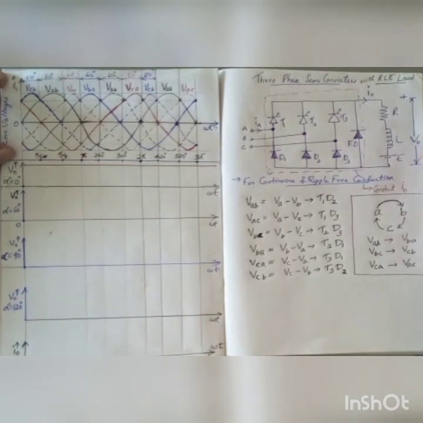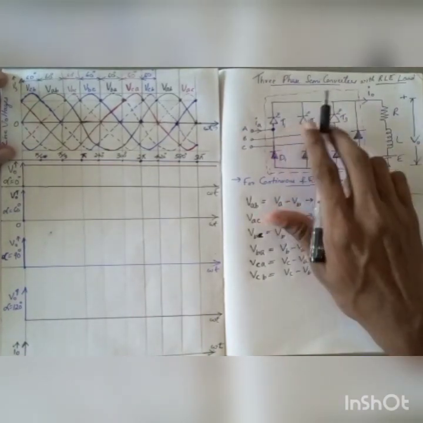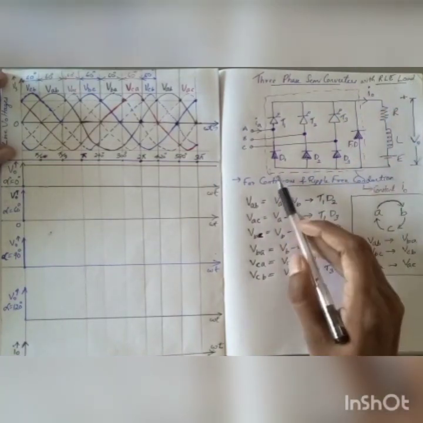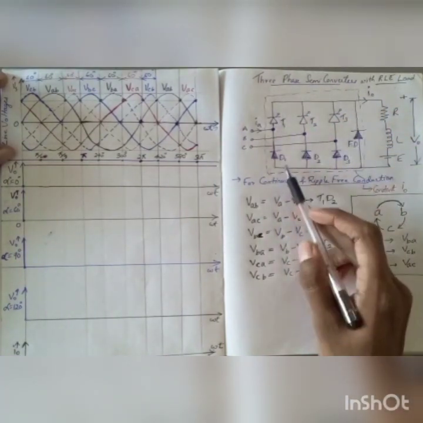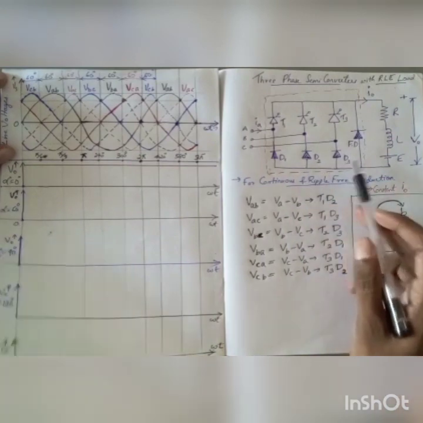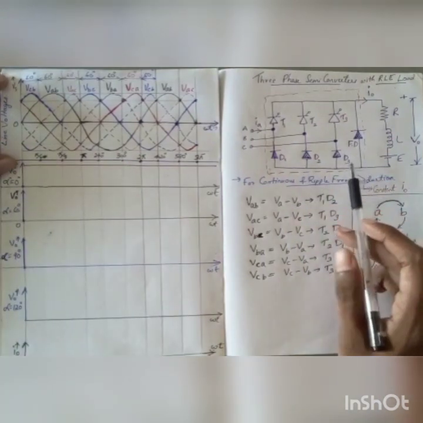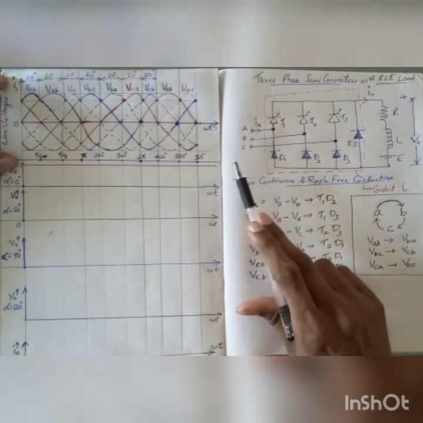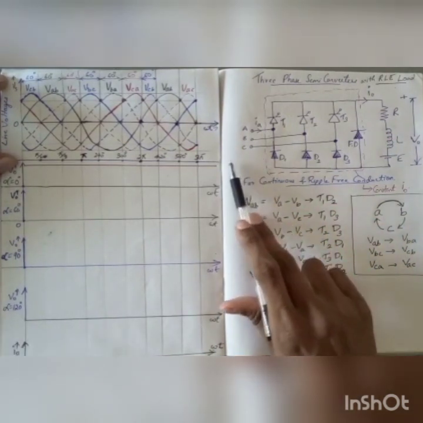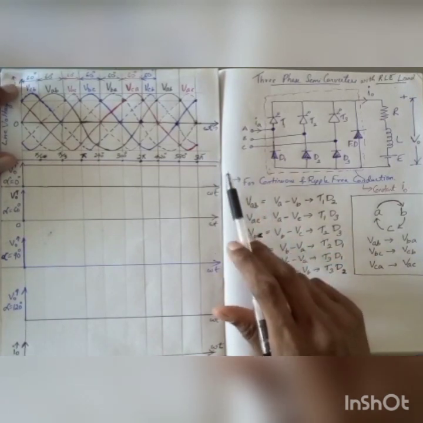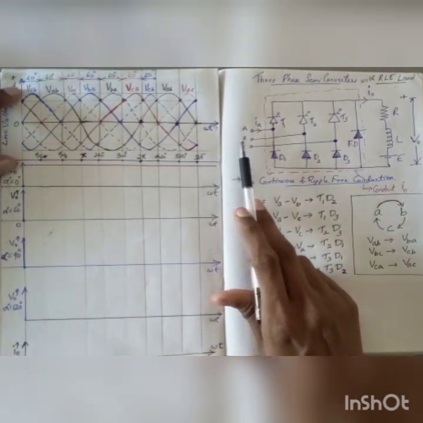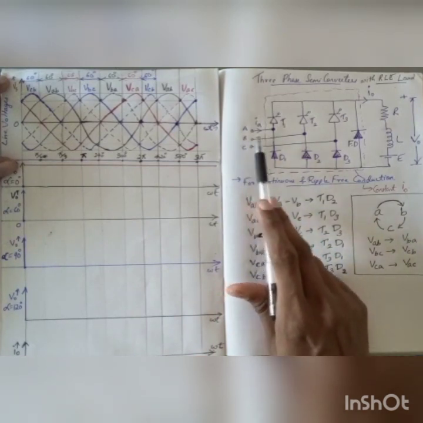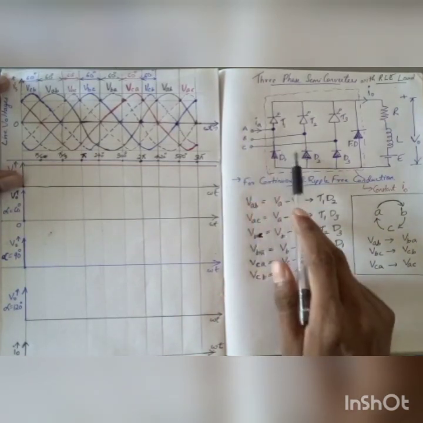In this session, we will have a discussion on the topic three-phase semi-converters with RLE load. This dotted part consisting of thyristors and diodes is our three-phase semi-converter, which is connected to the output of a three-phase delta star transformer. The delta star transformer is not shown in this figure. The output from the delta star transformer, phase A, phase B, phase C, is connected to my three-phase semi-converter.